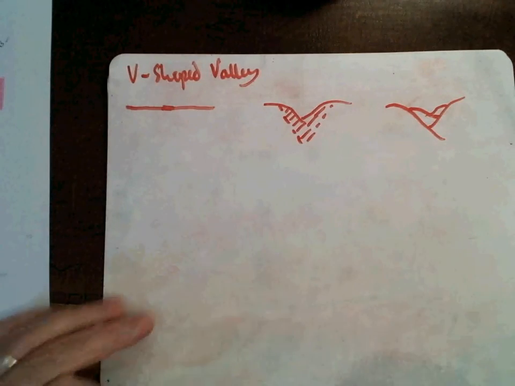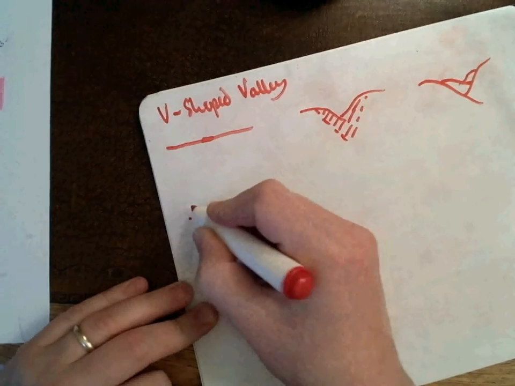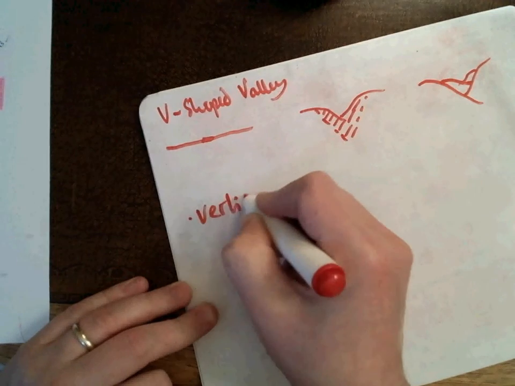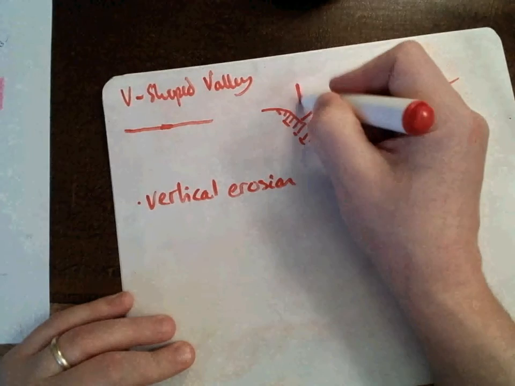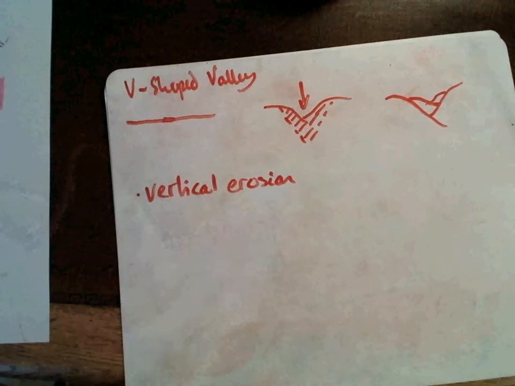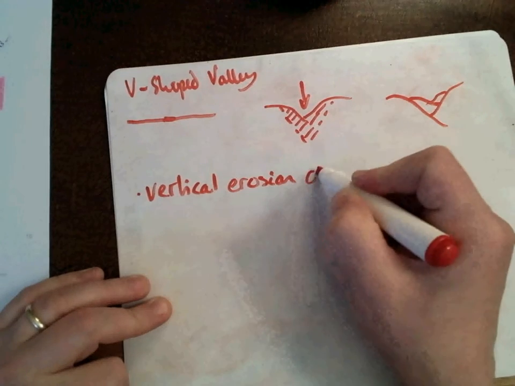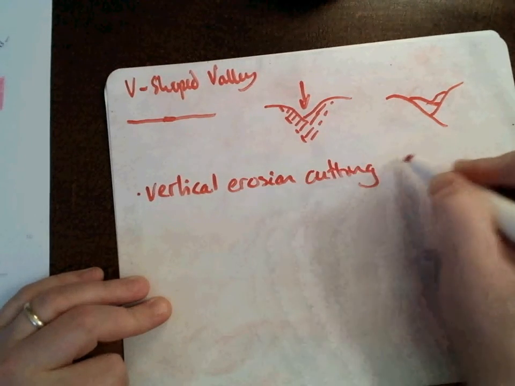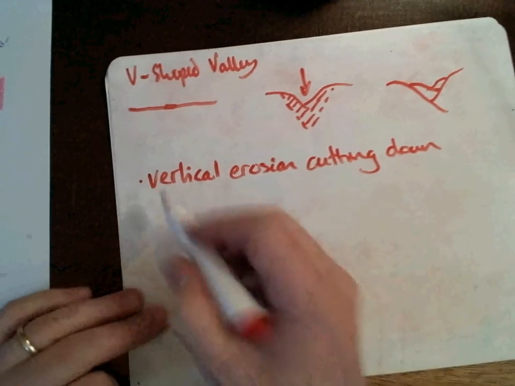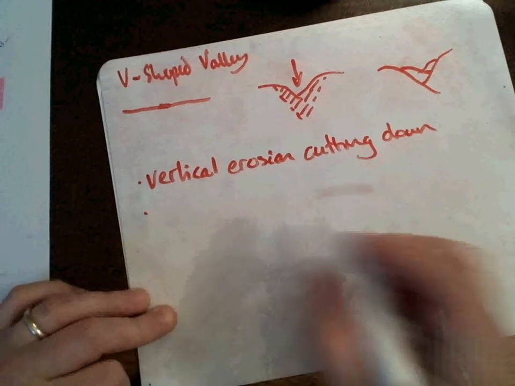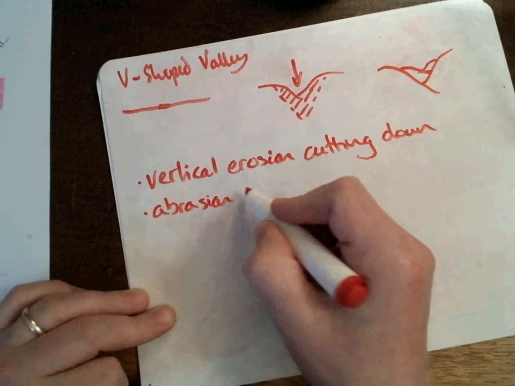So how do we score these marks? Well, first of all, I'm going to talk about vertical erosion. Vertical erosion takes place by the river cutting down through the land. Okay? Vertical erosion cutting down through the land. I'm just going to do this in brief note form. You obviously would need to write fuller sentences. How does vertical erosion cut down through the land? First of all, by abrasion. Abrasion is when rocks in the water